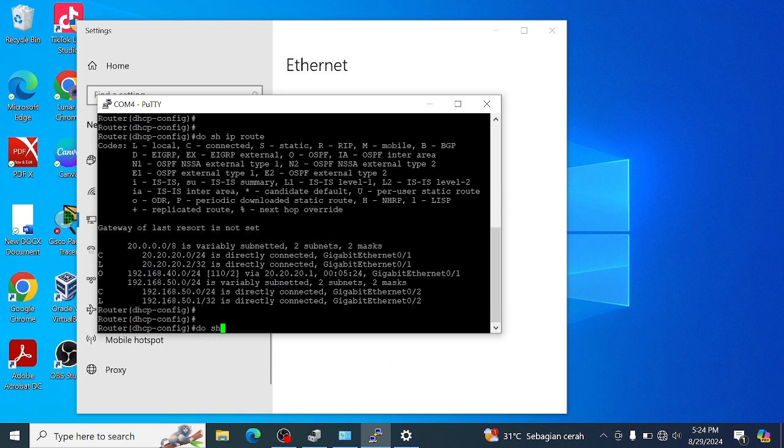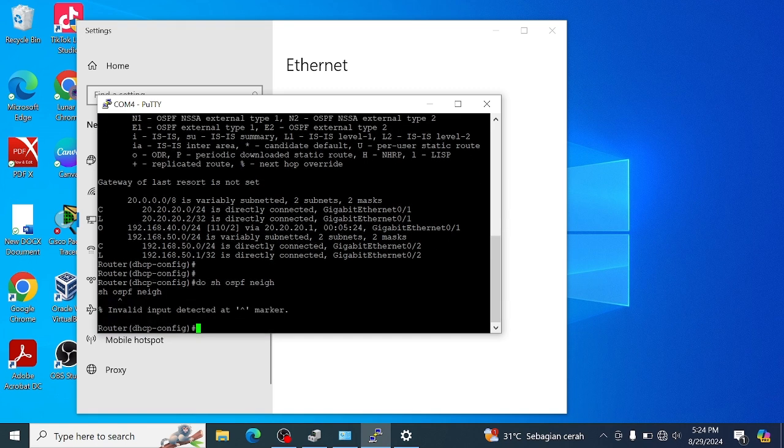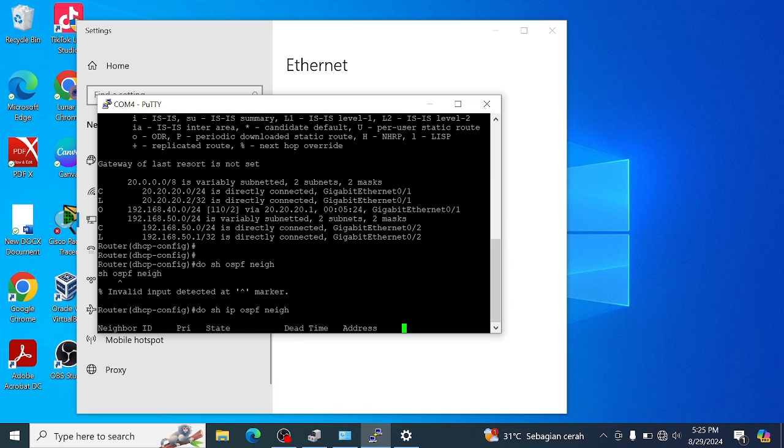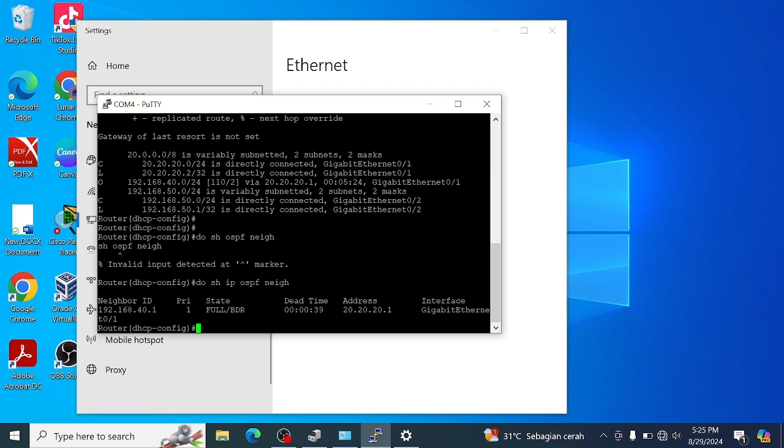We can view the OSPF information on the other laptop, as it is now connected to the other laptop, by adding the command do show ip route. Oh sorry, this is do show ip ospf neighbor, like this on the screen.